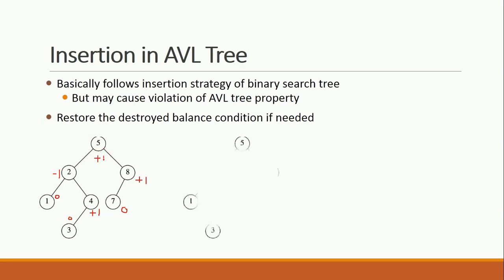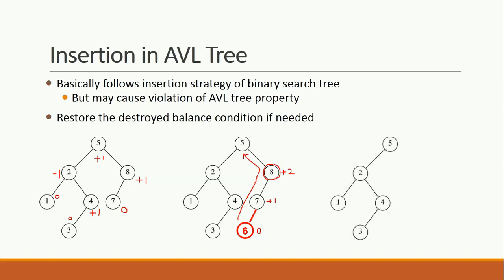Now after this, suppose I want to insert 6. Whenever I am inserting a value, you have to understand one point. You have to check only from the insertion point to the root, nowhere else. The rest of the tree will remain as it is, and the only possible violation could be on this path from the insertion point to the root. So we will figure it out once. 0, that is plus 1, and this is plus 2. You can see here we have violated the AVL property at this node.